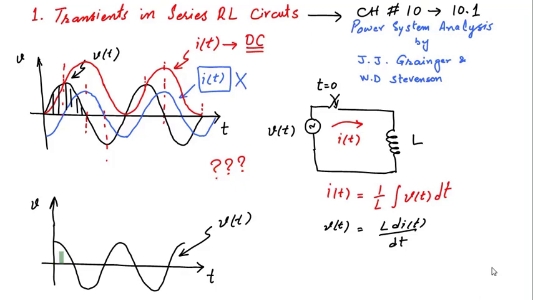Now if we apply the same method to draw the waveform of current that will pass through the inductor that we had used in the above case, current is equal to area under the curve. Here we can see in this waveform, the area under the curve will keep on increasing from the time t equal to 0 up till the point where the voltage waveform is crossing the 0. So here is the waveform. We start, it will keep on increasing until this point.